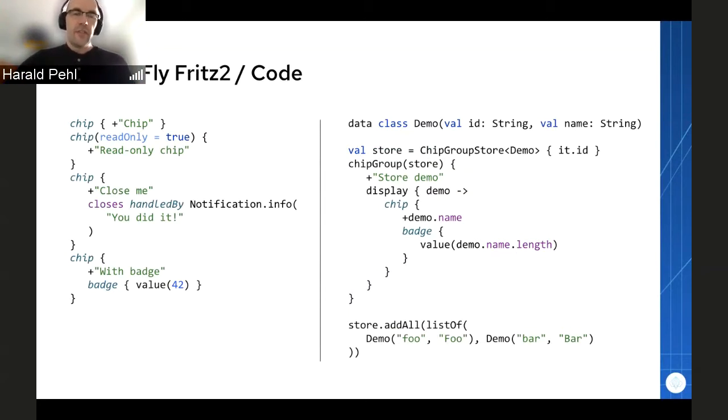In the third example, for instance, you have the text of the chip. You use this plus operator, and then you can react to specific events. Like here, you can react to a close event, which is turned into a notification.